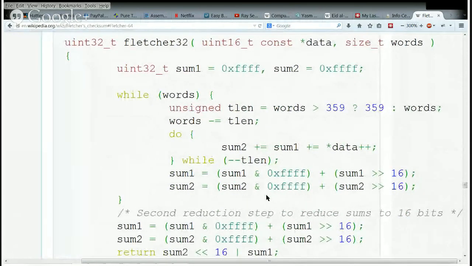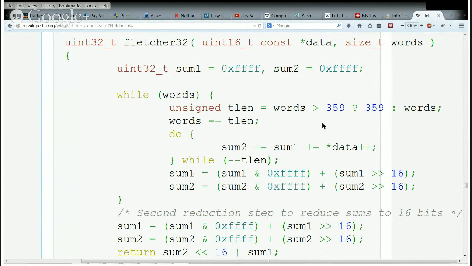There's a Fletcher 32 function, and with Fletcher 32, they're processing it words at a time, and they use a little advantage here in that it won't overflow a 32-bit integer.